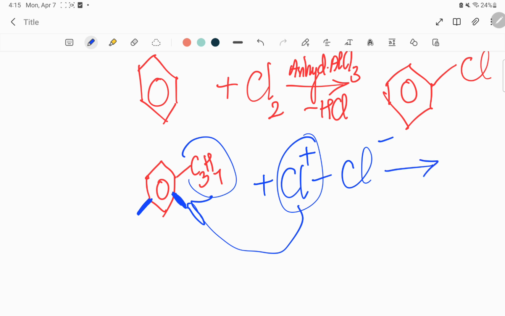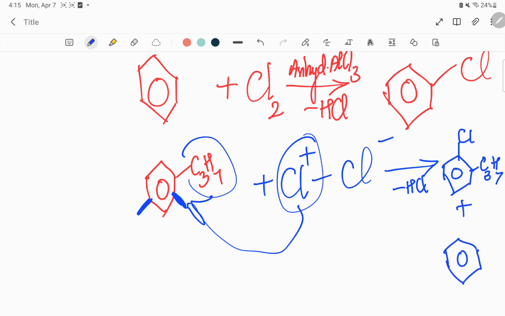So you will be getting HCl as the byproduct, and as a result you will be able to find ortho chloropropyl benzene and para